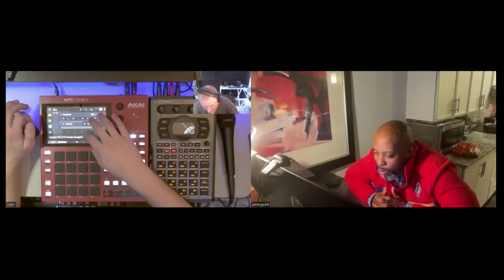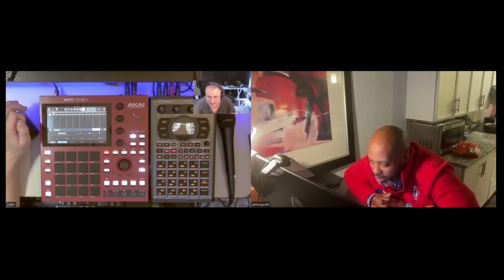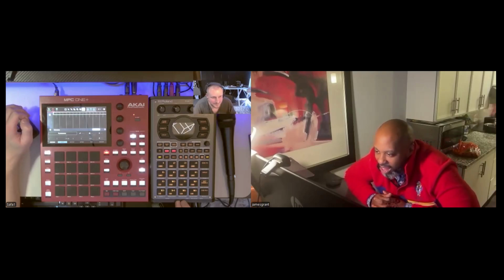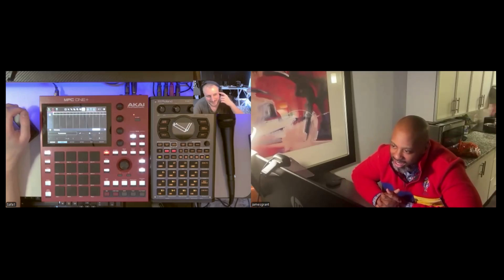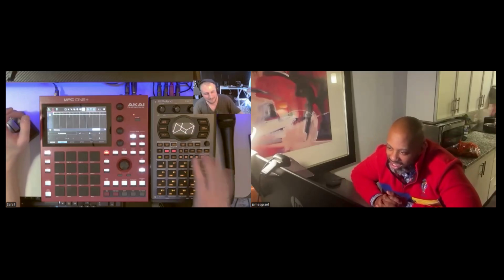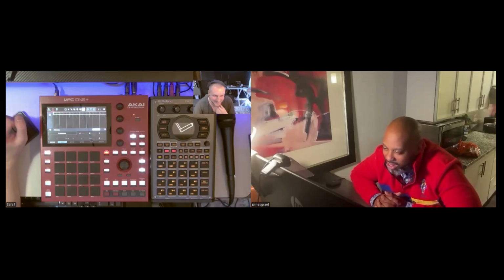I love how the Roland, the SP, what's that one called? 4.4 Mark II. I like how it just does that animation all the time. It's cool, you can actually change it to different animations too. It might be a little bit distracting, but no, it's cool. They know what they're doing with that.